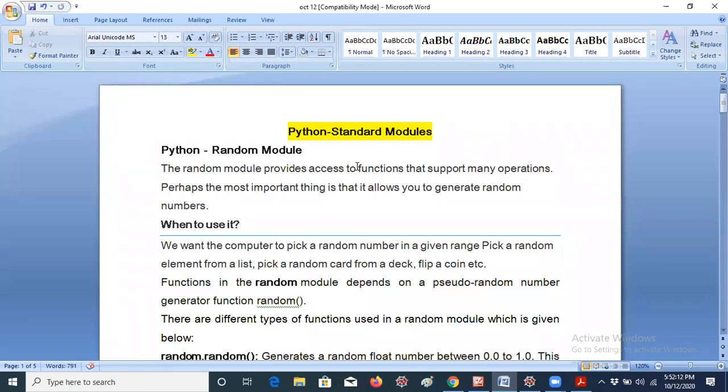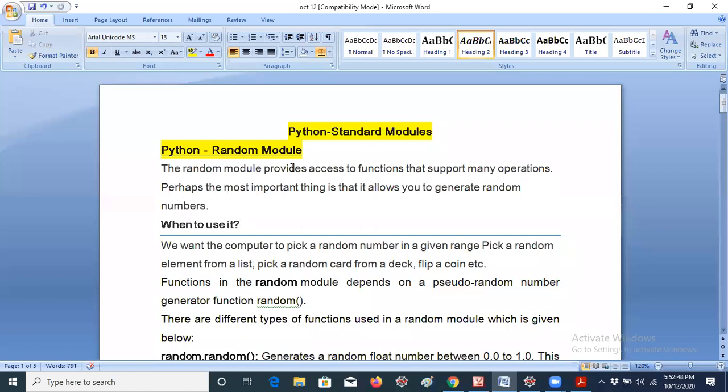Anyway, I would like to discuss two modules today. These are very useful, I think, and we can use them in some programs. Especially for second CSC students, once again I'm advising: if you don't remember all the concepts, you can leave it. That's not an issue at all. For examination purposes, you need not remember all the things. If they give the standard modules, you can go with the math or operator module. That's easy, because math.sqrt, math.pow, math.round, or math.trunc, you know all of these things. And in the operator module you can give addition, subtraction, multiplication, and all. So apart from that, I would like to discuss something today.